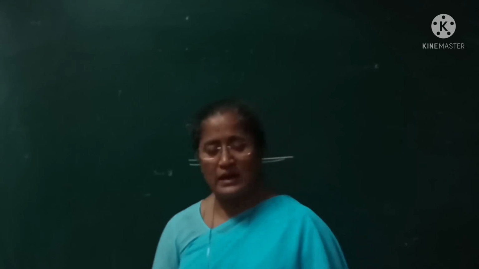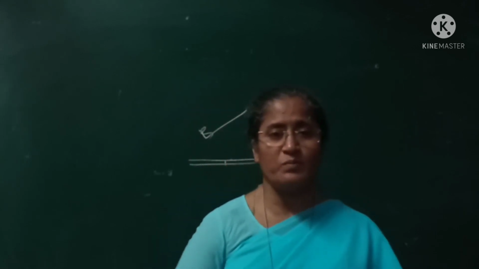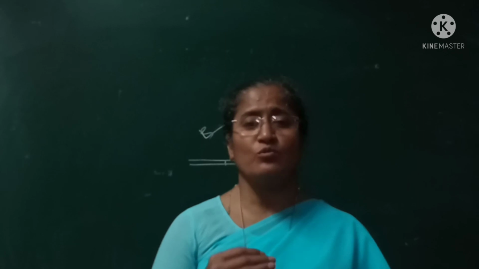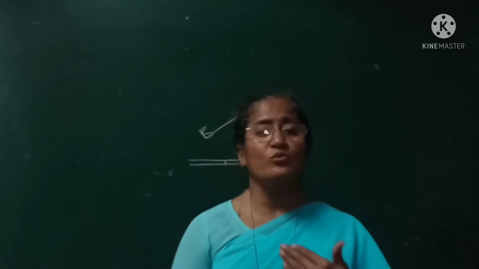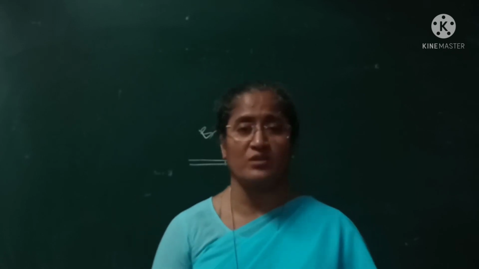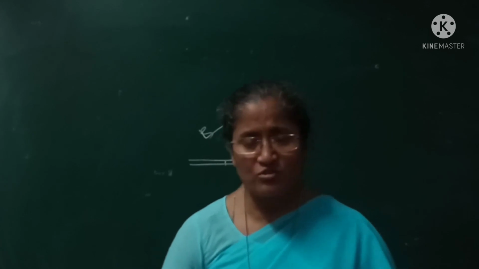So up to here we learned about cricket, how it developed, where it originated, what rules and regulations came, how it slowly developed, and how the materials are made. All those things we learned in today's class.